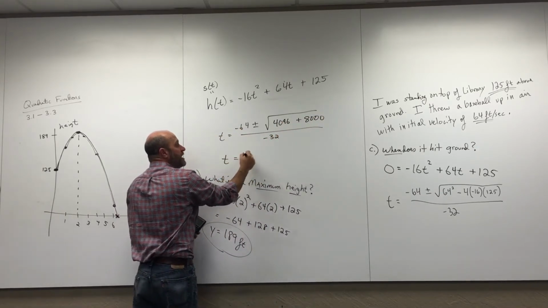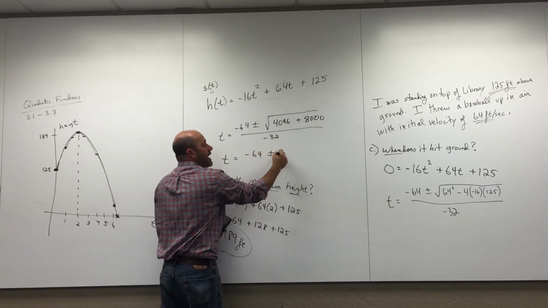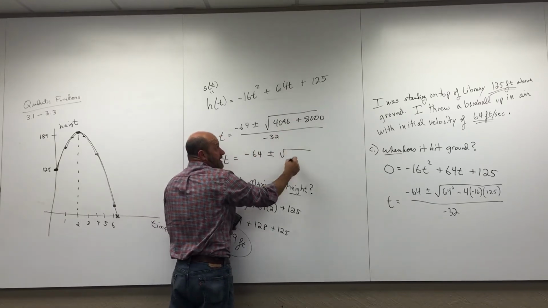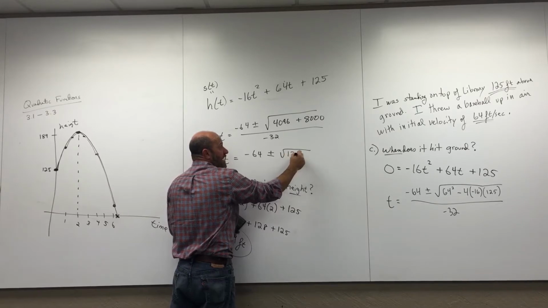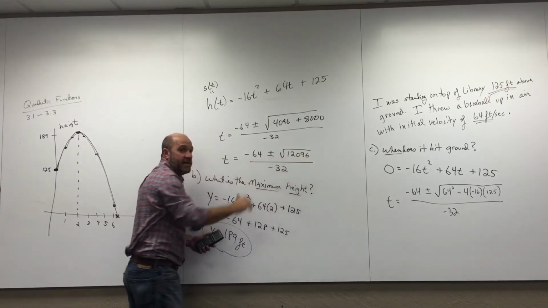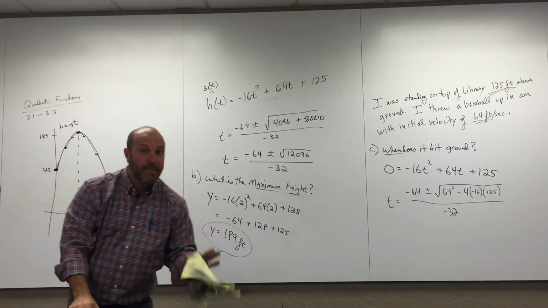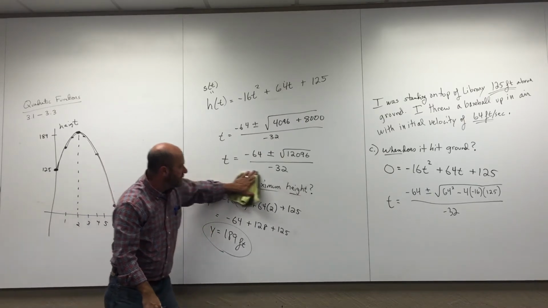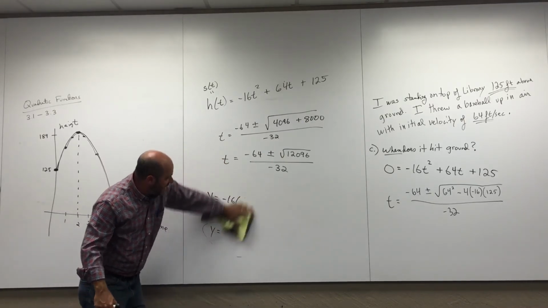That's going to be negative 64 plus or minus. When you add that up, it's a big nasty square root. It's 12,096 inside the square root. Are you guys okay? And then finally,